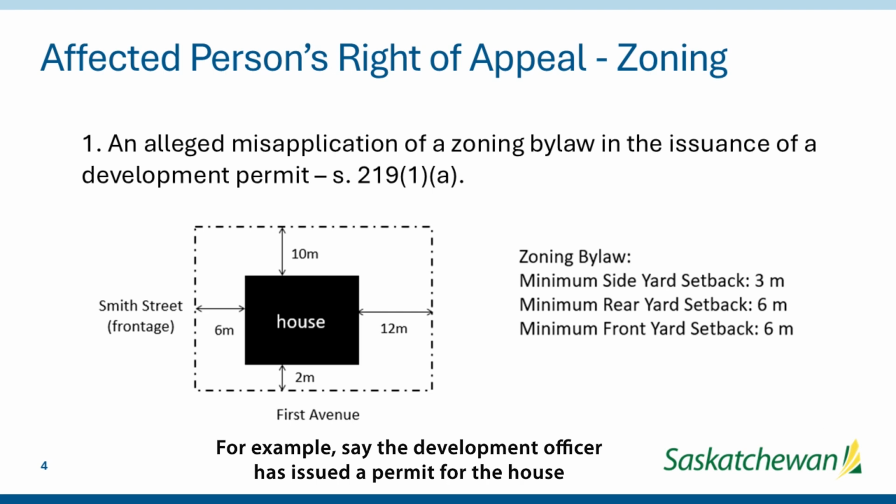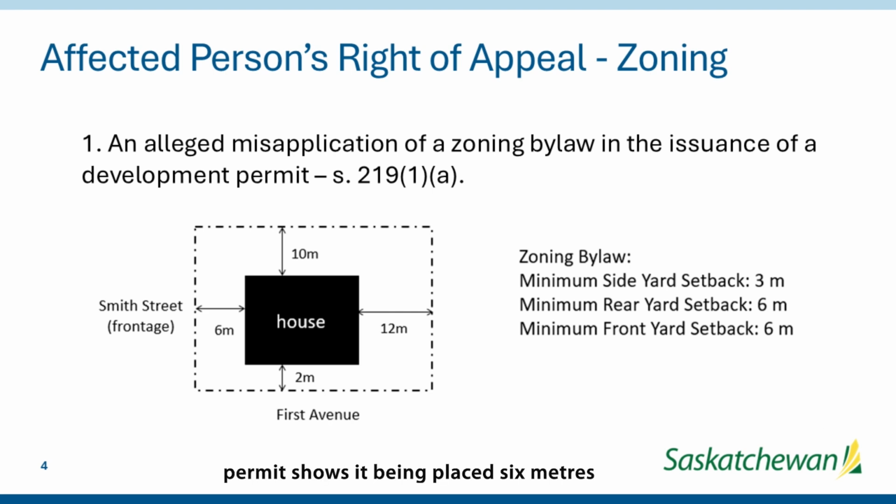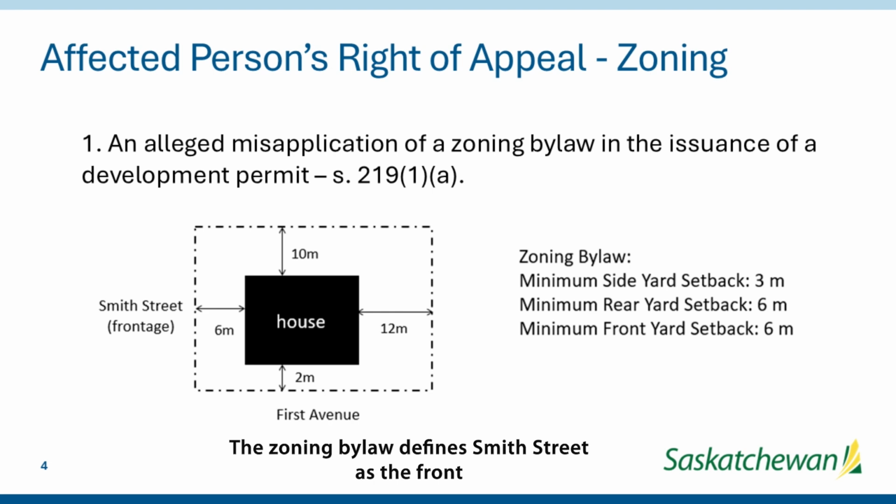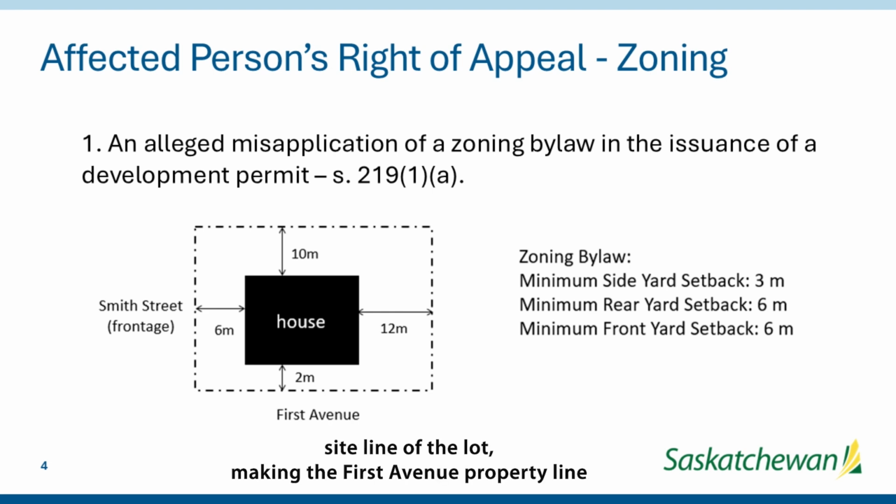For example, say the development officer has issued a permit for the house shown on the screen. The proposed house is on a corner lot, and the site plan with the development permit shows it being placed 6 meters from Smith Street and 2 meters from First Avenue. The zoning bylaw defines Smith Street as the front site line of the lot,